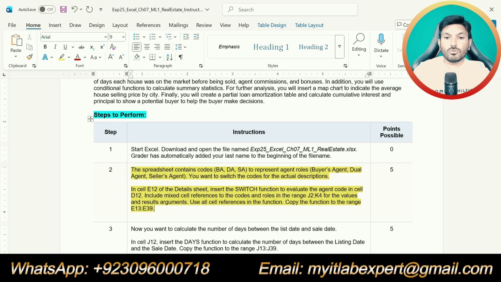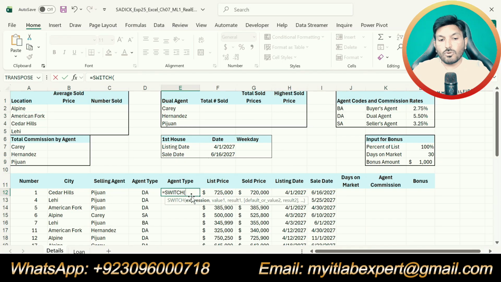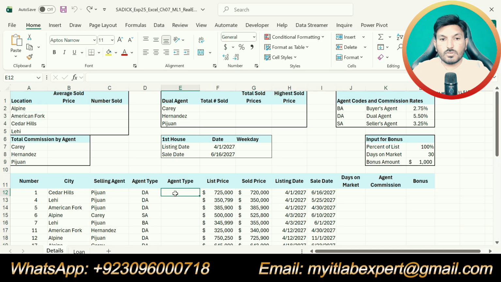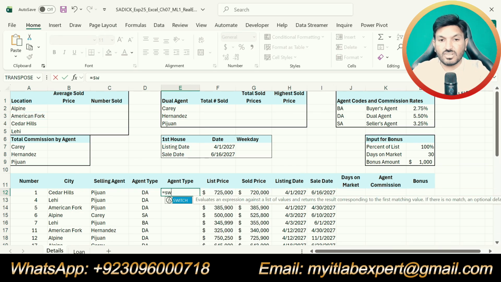Now we will go to the sheet and go to cell E12, and here we are supposed to use the SWITCH function so that it switches the agent types given in column D to the agent type in a complete name.